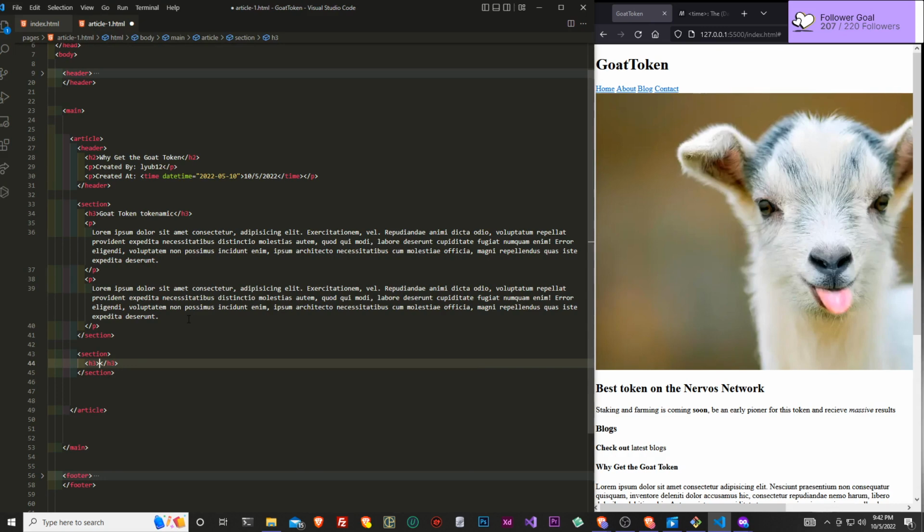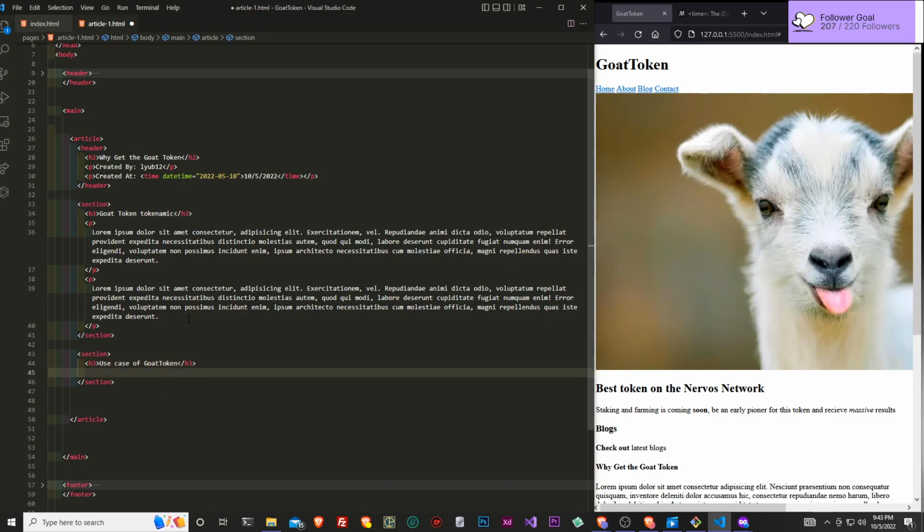Let's see, what else? Why else would we want to get this token? Price, value of GOAT, or the use cases. Use case of GOAT token. And then we want to wrap our content in a p element.